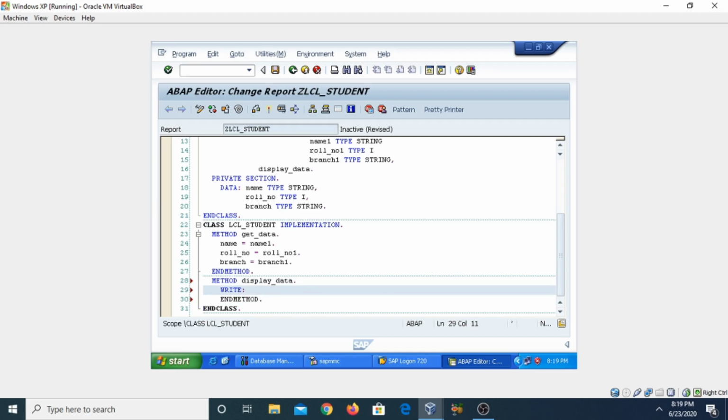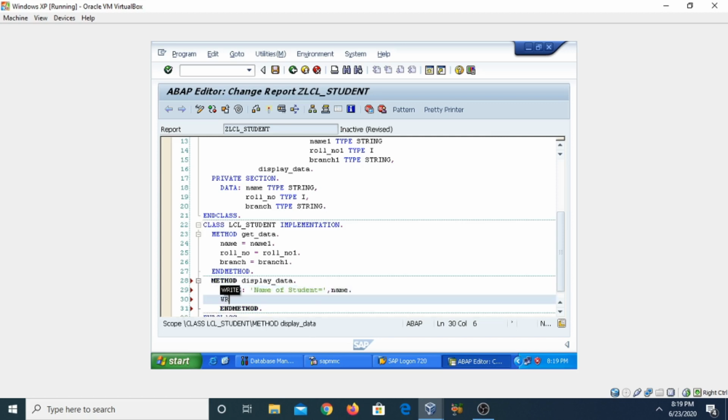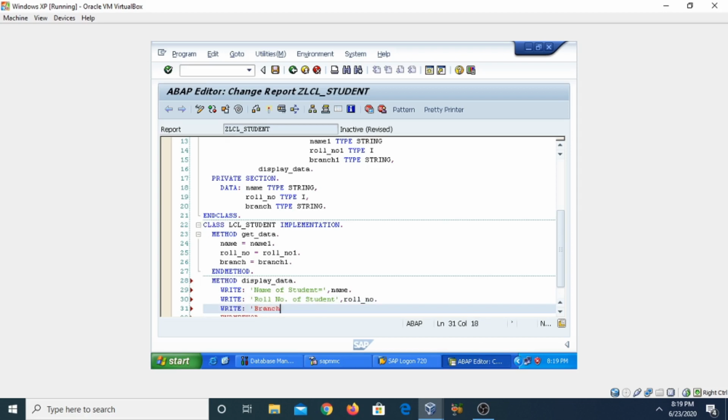So I am using here the WRITE statement, write name of student. Similarly, for writing the roll number value, this is our roll_number of student. Similarly, we can also write the statement for printing the branch of the student.